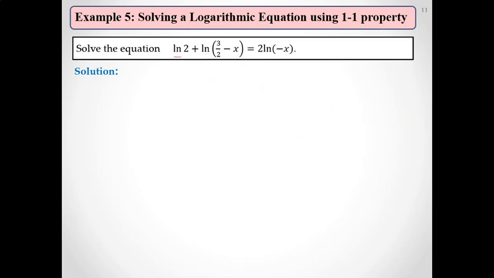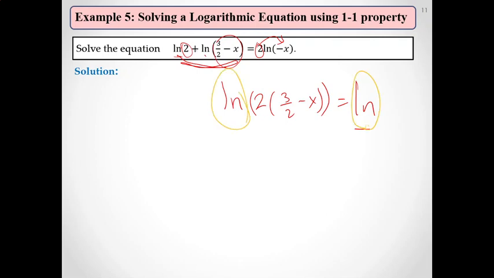Now, how can we put these two together? We use the property of logarithms: if we have addition and the bases are the same, we can write the inside as a product, 2 times 3 over 2 and 6 is equal to, and take 2 to the other side so we can get this ln